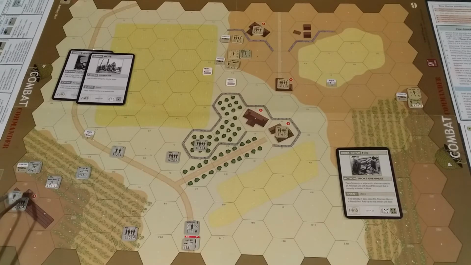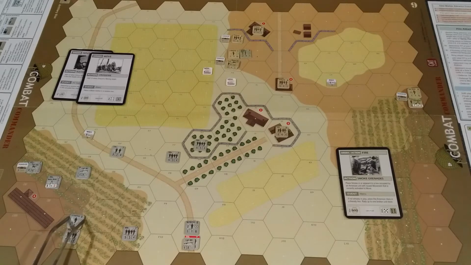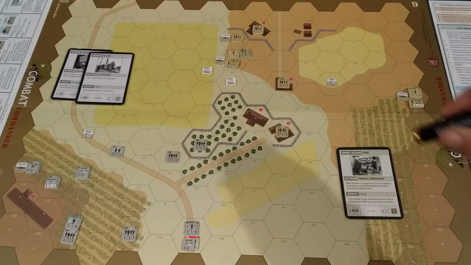Okay, so these two are going to move together. So they can move a maximum of 5. So I think they'll go 1 to there, 2 to there, 3, 4 to there. Does that make sense? Yeah, I think so. And again, these guys can fire, I think,